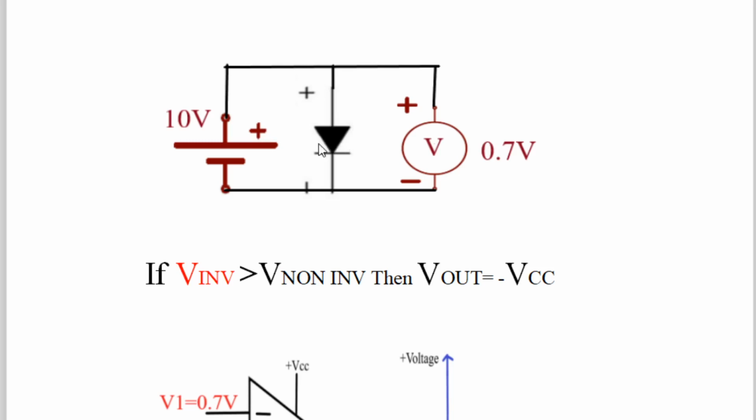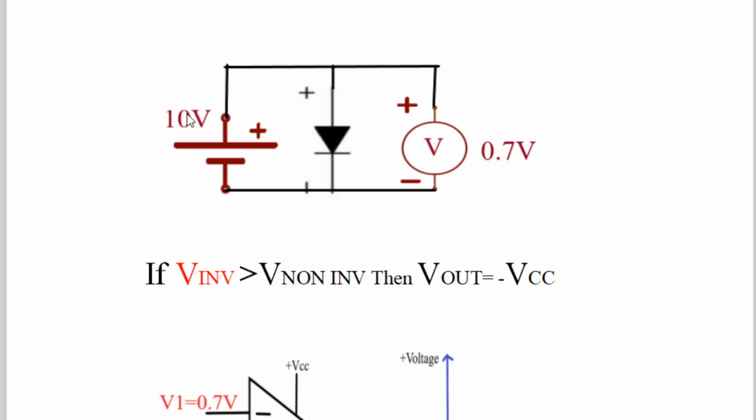But the internal knee voltage or barrier potential cannot be killed, and it is 0.7 volt. Therefore, whenever the PN junction diode is forward bias by applying a voltage greater than the knee voltage, the voltage across the PN junction diode is always 0.7 volt. So now look at this voltmeter. This voltmeter's positive is connected to the anode of the diode as well as the positive of the battery. This voltmeter's negative is connected to the cathode of the diode as well as the negative of the battery. But the voltmeter is not showing the 10 volt of the battery. The voltmeter is showing 0.7 volt.